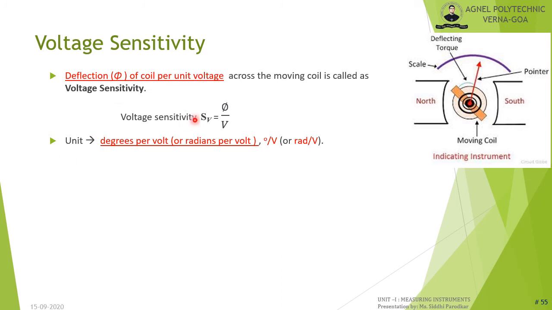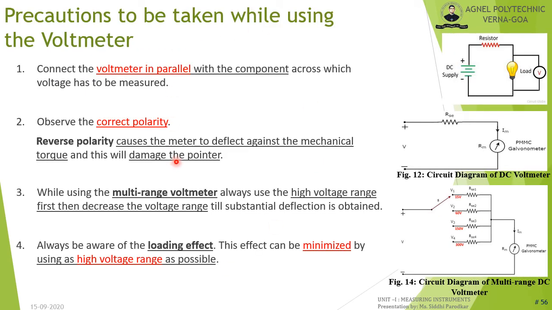Unit for voltage sensitivity is given as degrees per volt or radians per volt. These are some of the precautions one needs to take while using the voltmeter. Always connect the voltmeter in parallel with the load across which the voltage needs to be measured. Observe the correct polarity. Reverse polarity of the probes causes the meter to deflect against the mechanical torque and this